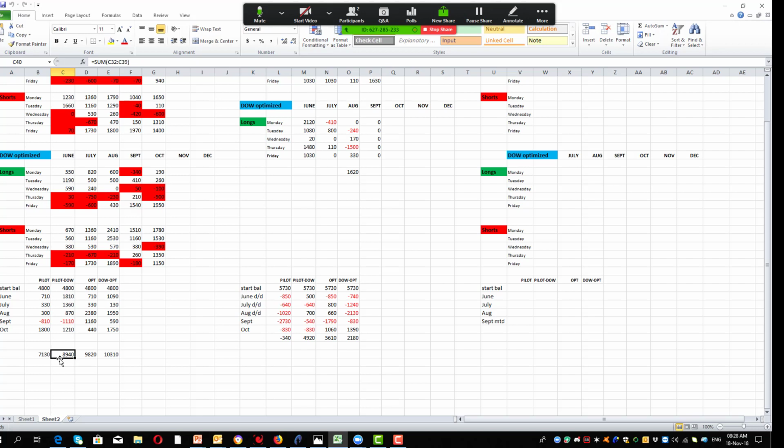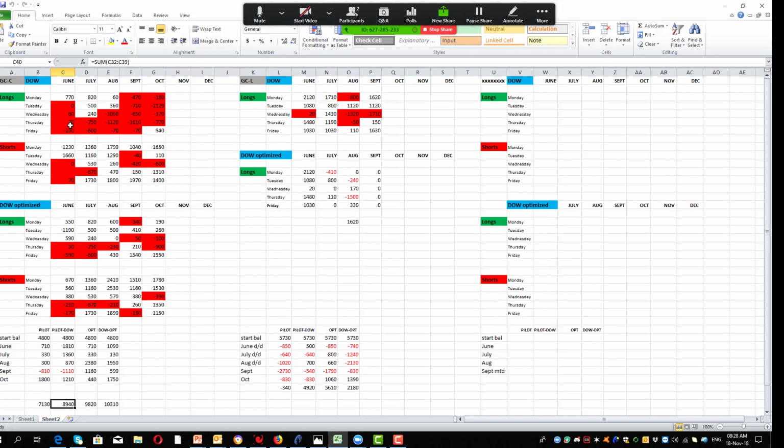So it was to look at the days of the week on a monthly basis, and to determine whether any of those days needed to be maintained or not based on their performance. If you have a look here, in June, the only really profitable days for the system were Monday on the longs and Monday, Tuesday on the shorts. But that changed in July. In July, we started to get profitable days Monday, Tuesday, Wednesday, and on the shorts we got profitable days Monday, Tuesday, Wednesday, and Friday.